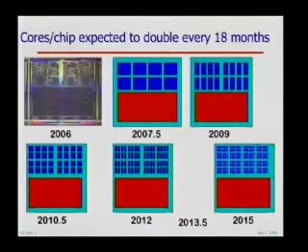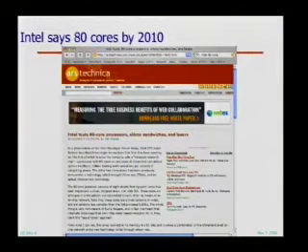So people, both because they can no longer get performance out of single threads and because of the power issues, have kind of bitten the bullet. All of the major computer manufacturers have said, okay, we're not giving up on single threads, but our major computer offerings going forward are multiple cores. And in fact, they've laid out roadmaps where, as you get more Moore's Law transistors, roughly every 18 months, you double the number of cores on the chip. So my projection is sort of 64 cores by 2010. And in fact, in a recent announcement by Intel, they say 80. So everybody agrees we're going to have lots of cores on a chip.